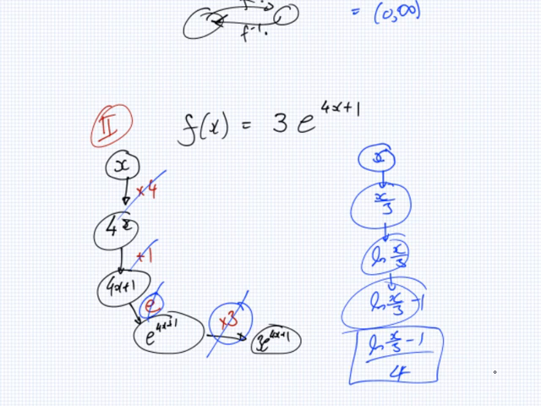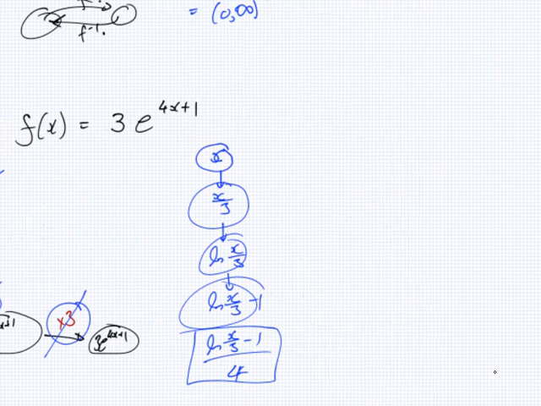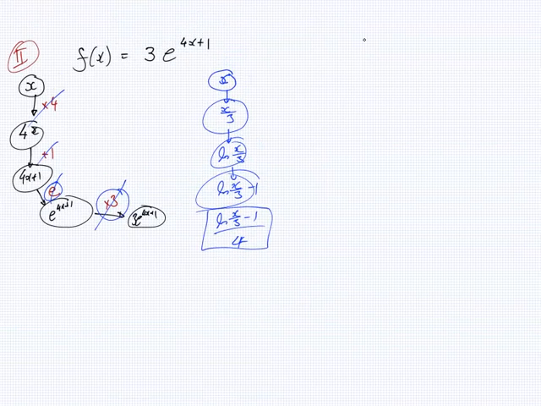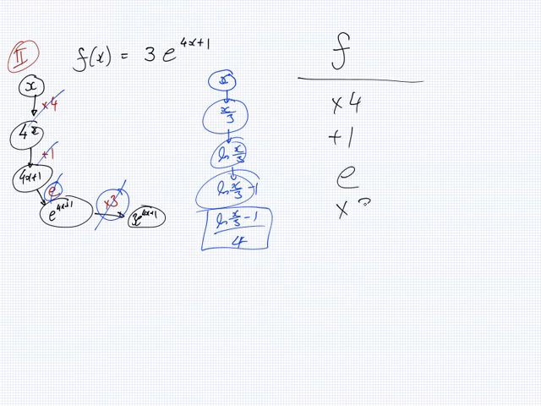If you want to write it in the exam, you might want to write it something like this. For f, you could draw it like a table. You could say multiply by 4, add 1, e to the power, and multiply by 3. So f inverse would be, starting from the bottom, divide by 3,